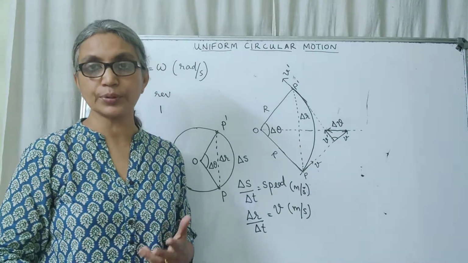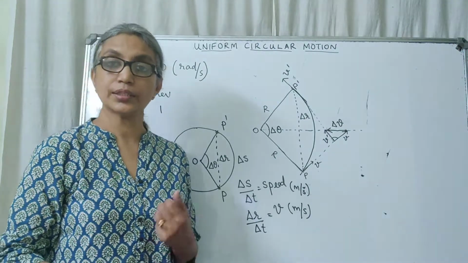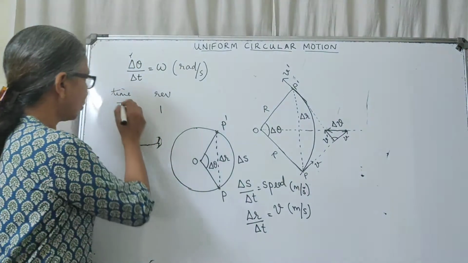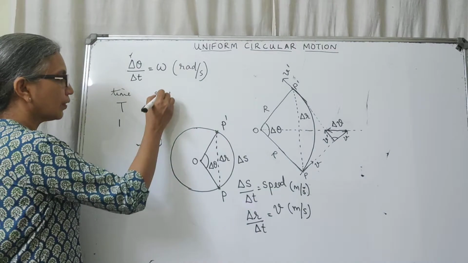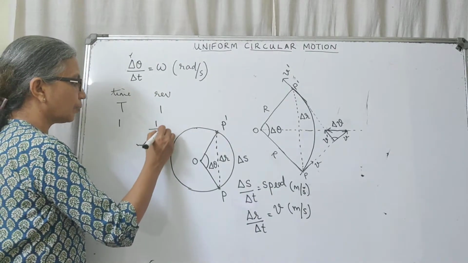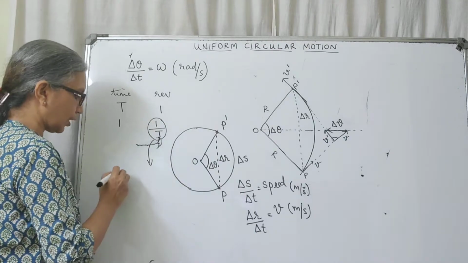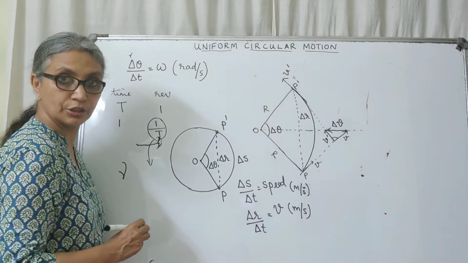Similarly, you know frequency, that is linear frequency, is the number of revolutions completed by the particle in 1 second. So, for 1 second, the number of revolutions completed will be 1 by T. This 1 by T is what you call as the linear frequency, nu,